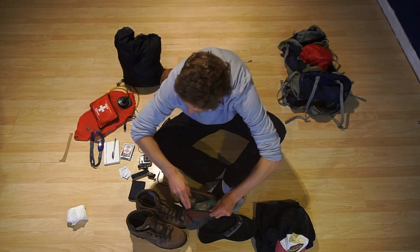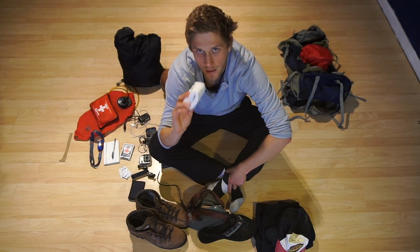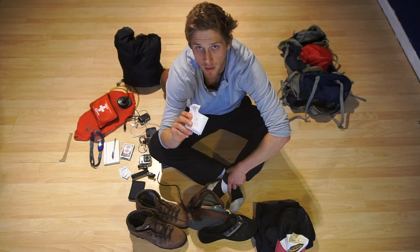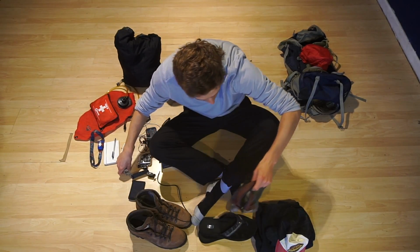soap, toilet paper. Nice to have because a lot of times in Nepal it'll just be a bucket of water instead of toilet paper. And